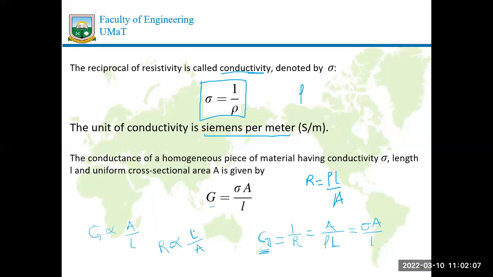So assuming I maintain the length of a specific material, let's say aluminum, and keep increasing the area, my resistivity, rho, is constant for that material. So the resistance of the aluminum, when the area is increased with the length maintained, would decrease,